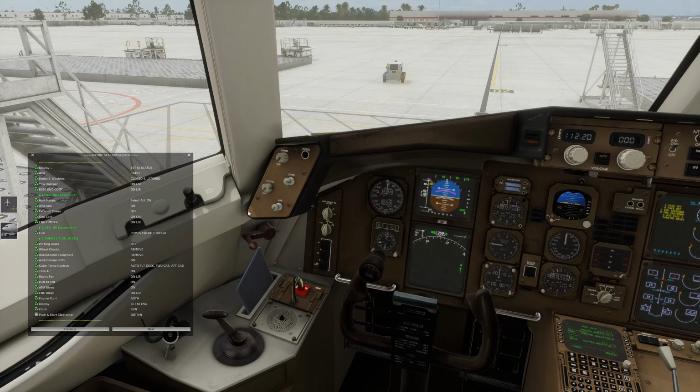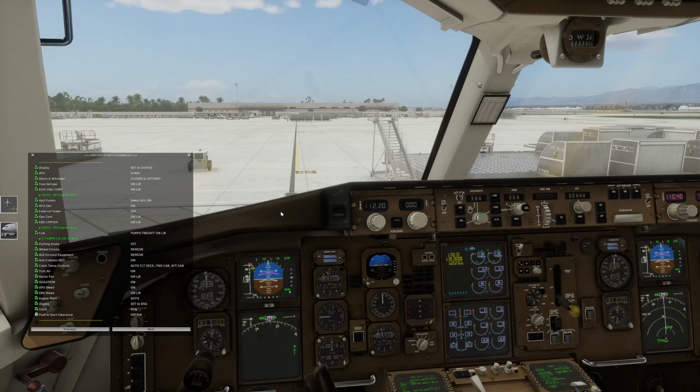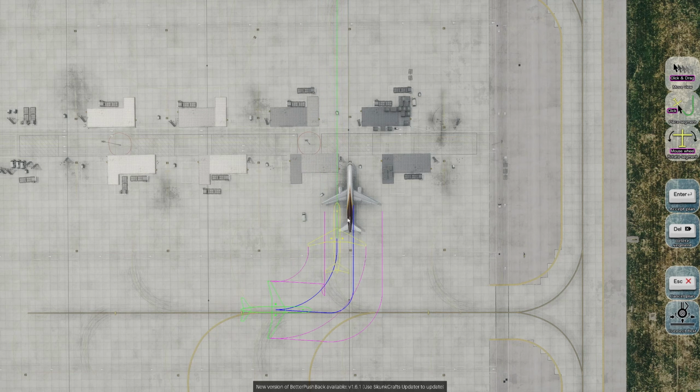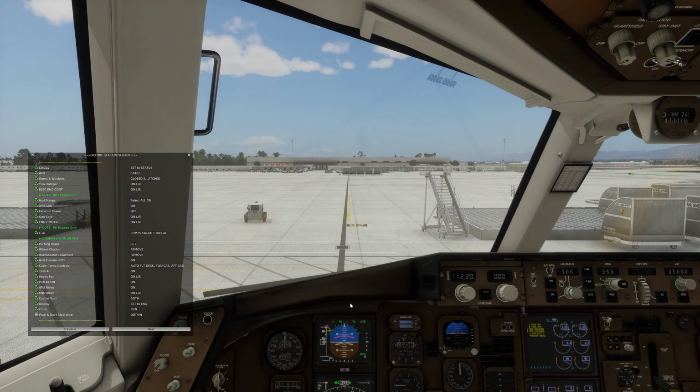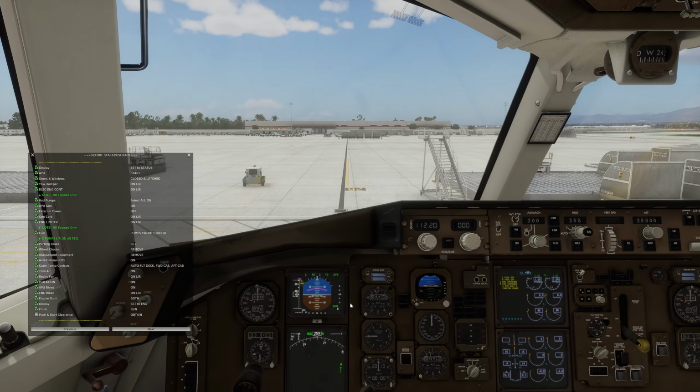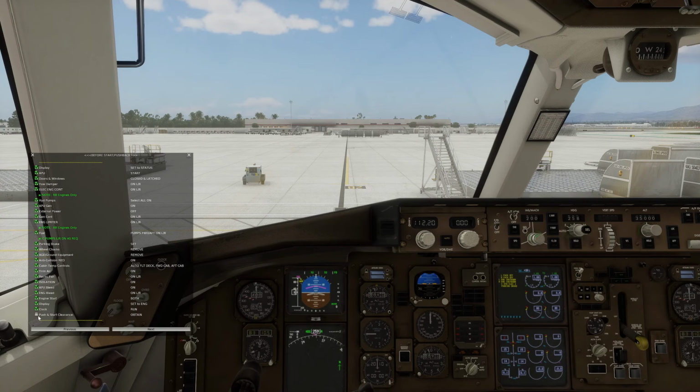And then what I'm going to do is call for my pushback, which I use the Better Pushback module. Route cockpit. And then you set how you want to taxi or get pushed out of the spot so you can go. It's already preset from a previous time that I've flown. And basically, you would also call for your push and start clearance if you're on VATSIM with a ground controller or anything like that. But essentially, that is your full cockpit preparation from the cold and dark to being ready